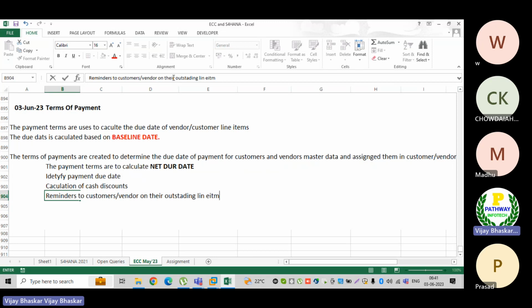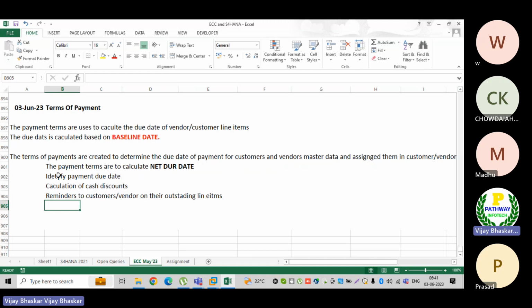Now, the purpose of the terms of payment. The first one is that the terms of payment can be used to calculate the net due date.